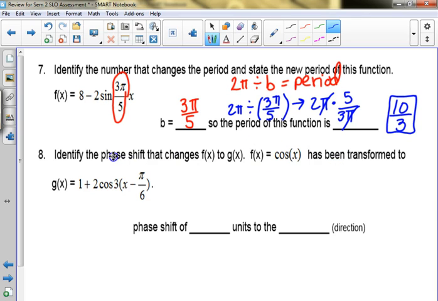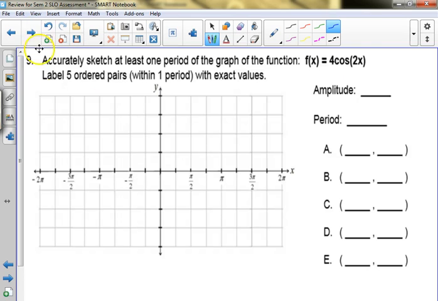Okay. Identify the phase shift from a regular cosine. What's happened? Yes, and it's in factored form nicely for us, right? So the phase shift of pi over 6 units to the right, even though it's minus. All right,